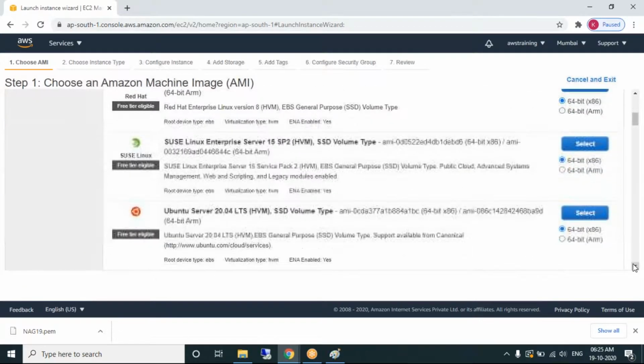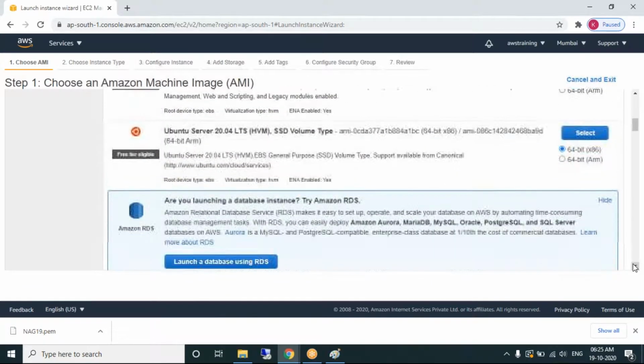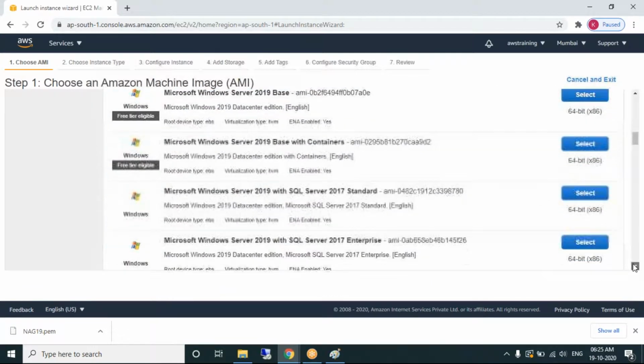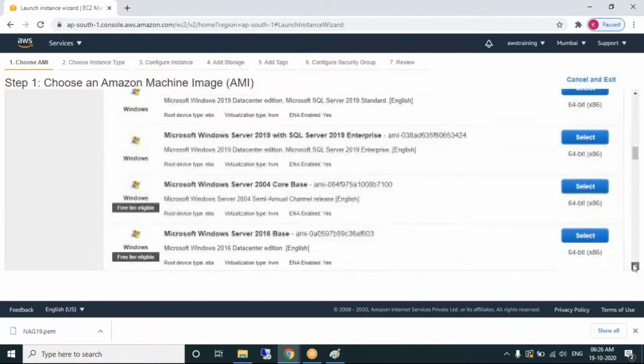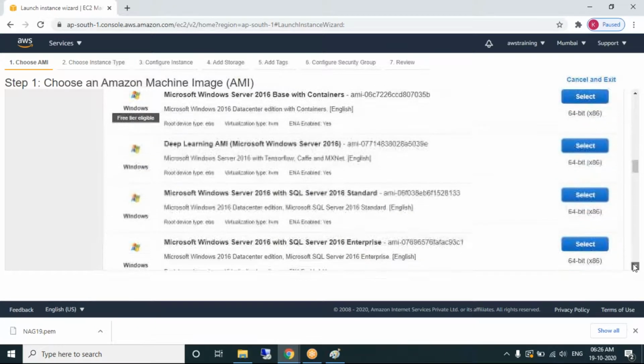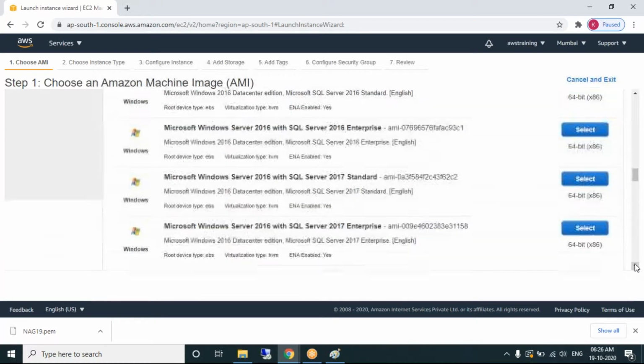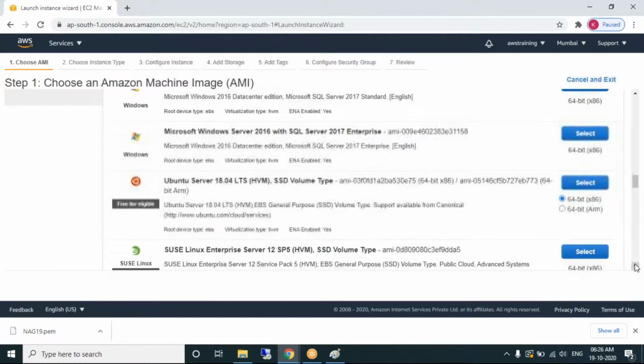Instead of Ubuntu 20, let's go with Ubuntu 16. Ubuntu 18.